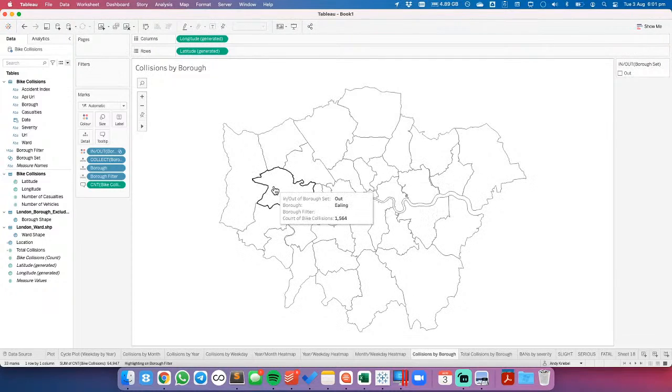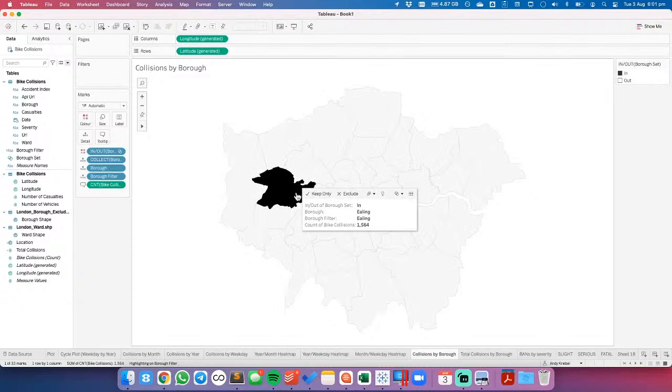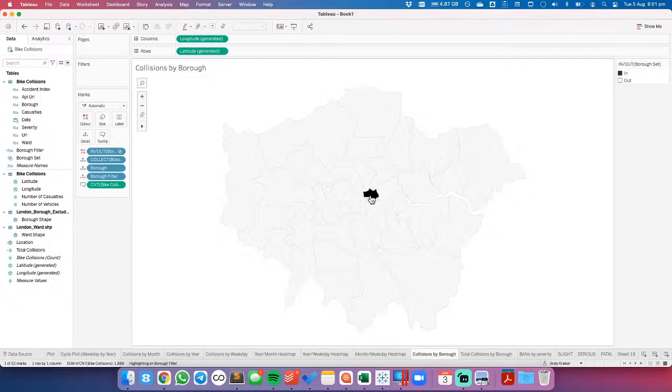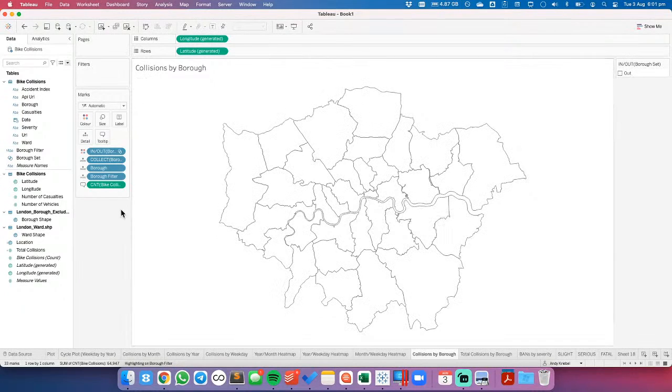So I want to click on one. Oh God, how did I do this before? What I wanted to do is kind of de-highlight that. How have I done that before? Okay, so